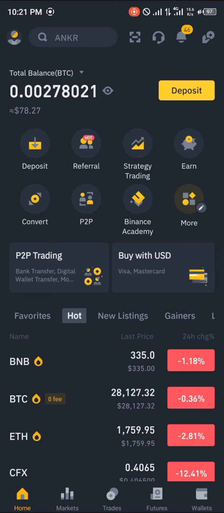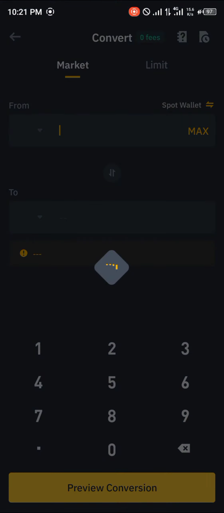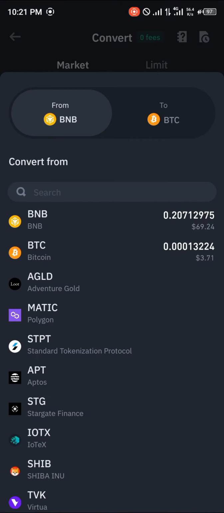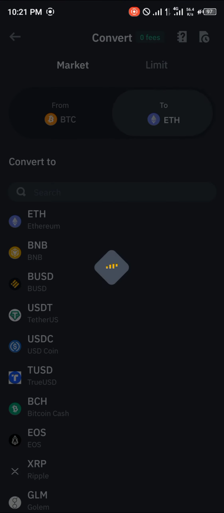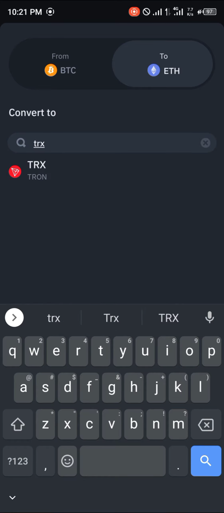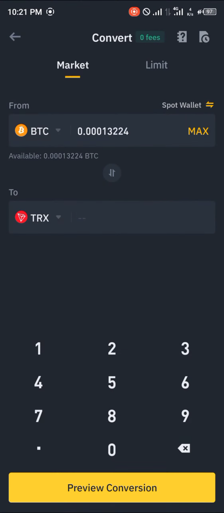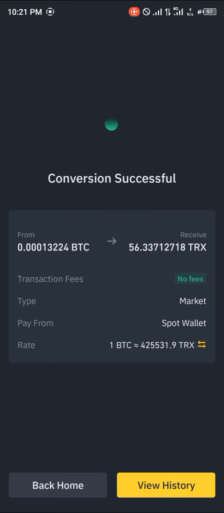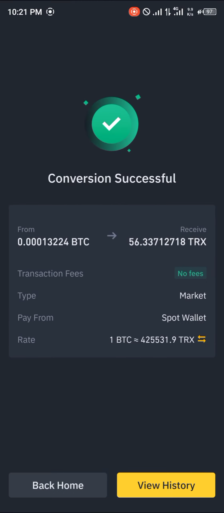This can be done by clicking on convert. Once you've clicked on convert, you simply click on Bitcoin or any token you possess and click on Tron. It works for all tokens, so it's the same thing. Click on max, click on preview conversion, and click on convert. And boom, your Tron has been converted successfully, which is to say you have successfully purchased Tron on your mobile